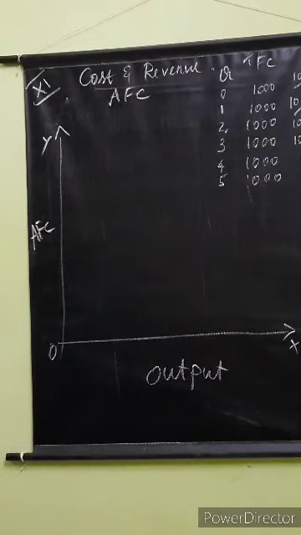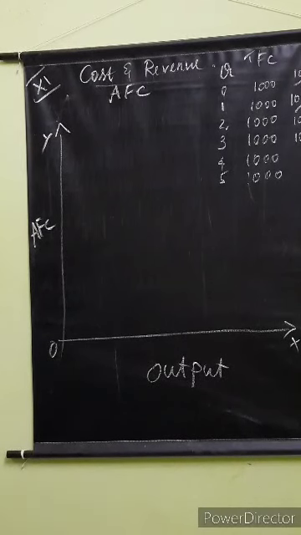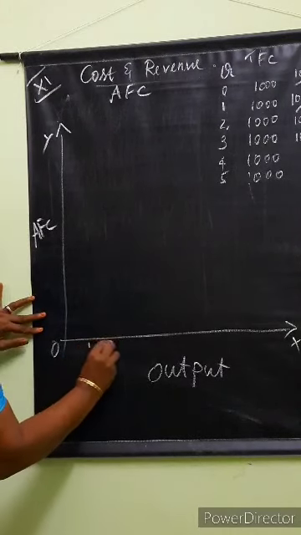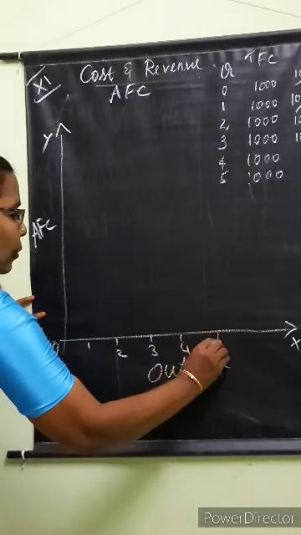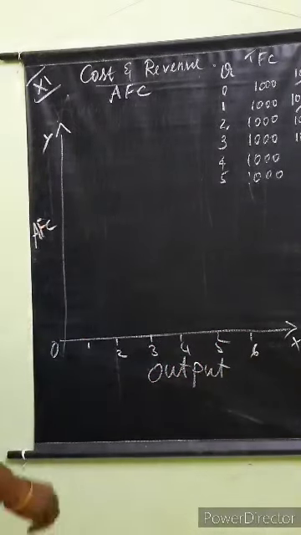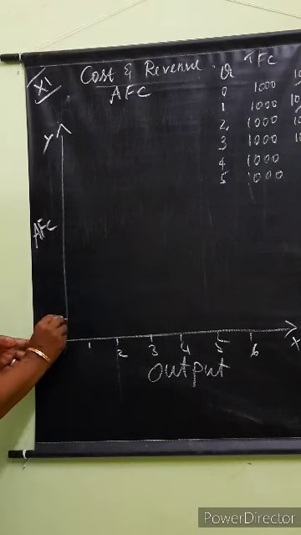Now, let me point out. Here output 1, 2, 3, 4, 5, 6. The average fixed cost, I am going to mark from 200,